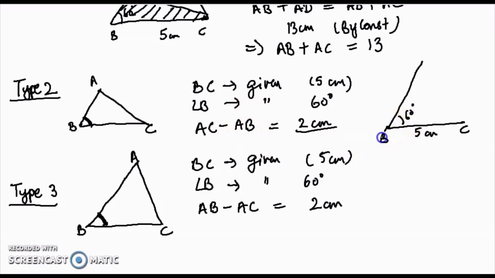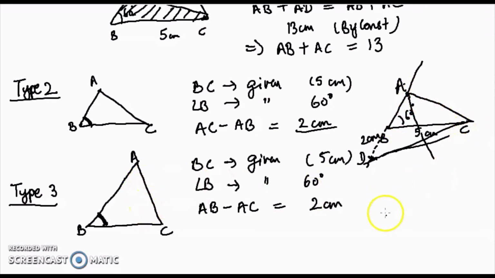So you will extend this behind like this, and you will be measuring 2 centimeter over here. And then you will join this with C. Let's say this point is D. You will join DC. Then you will construct a perpendicular bisector of this one. And wherever this perpendicular bisector meets this, that will be marked as A. And then you will join AC and you will get the required triangle. So you can see AB is smaller, AC is bigger in this particular triangle.